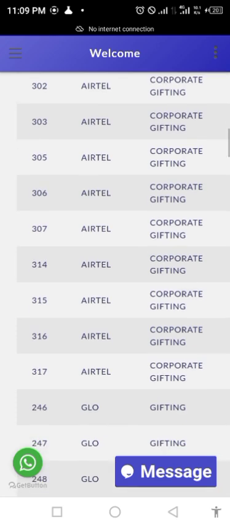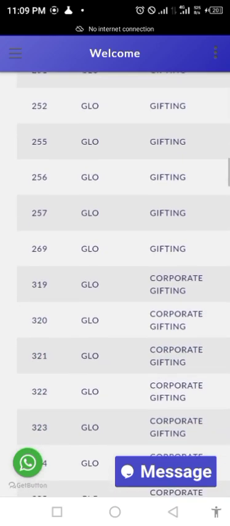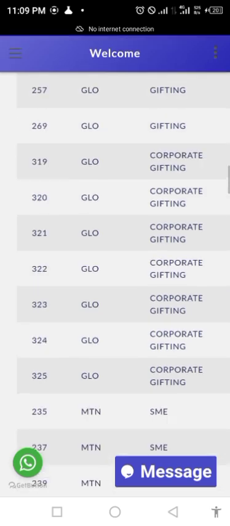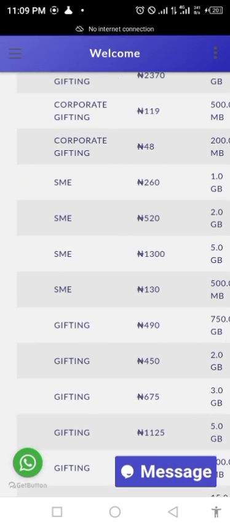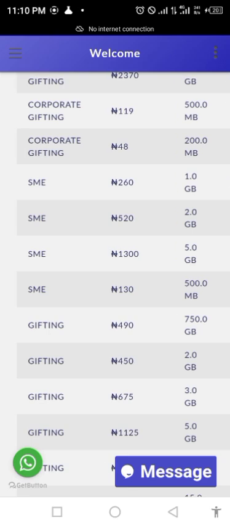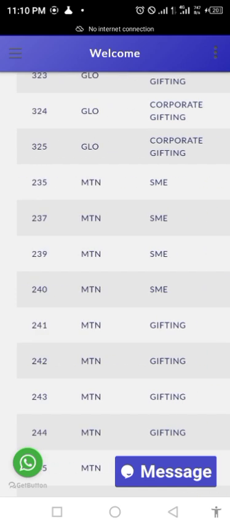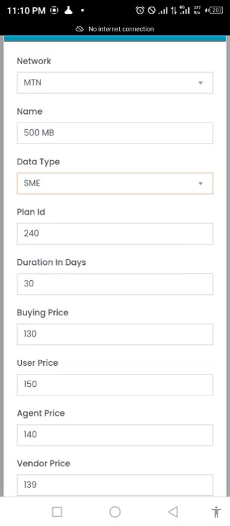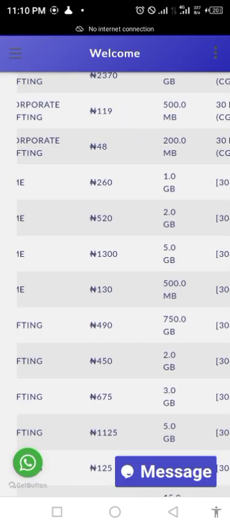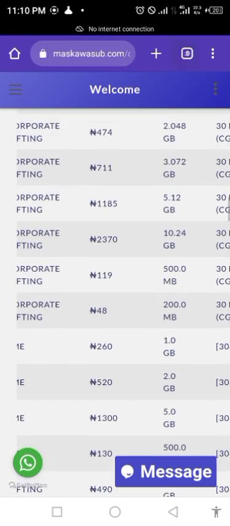There's SME, there's corporate, there's... So search for MTN SME and locate 500 MB. Okay, this is it. Now the code, the code is 240. So you copy that code, not the price. That will be your own buying price. Come back,